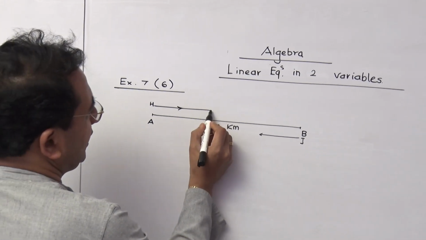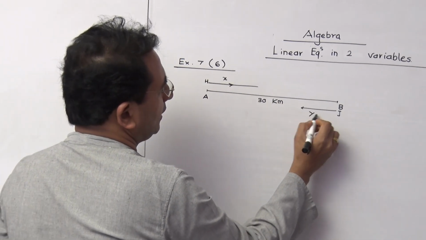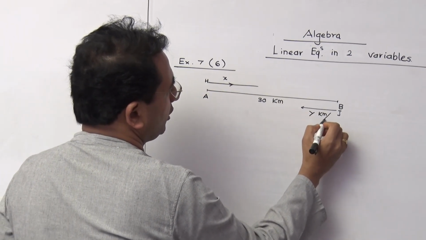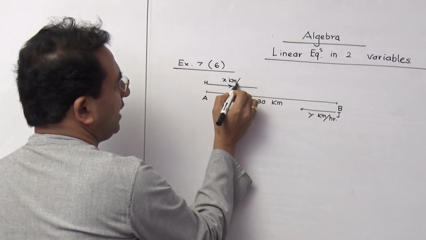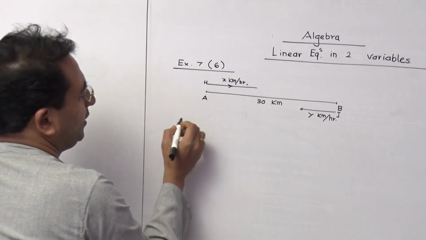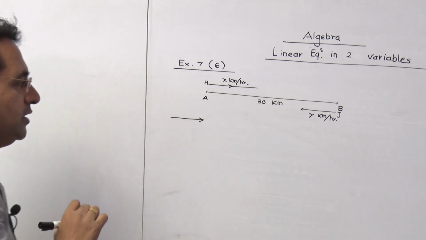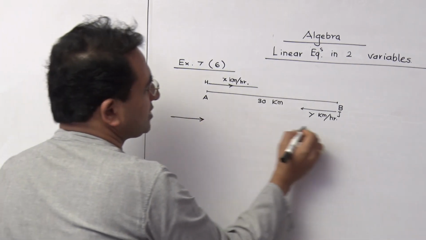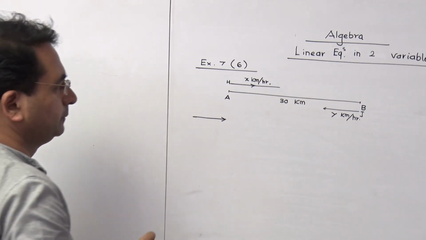So let us consider it like this. Then this speed is x and this one is y. Now this is what is to be understood effectively. I am writing this speed as x kilometers per hour. So what should be written here? Now I am not writing that. I am leaving it to you. This arrow means here we have to write something. What can be written? Tell me.